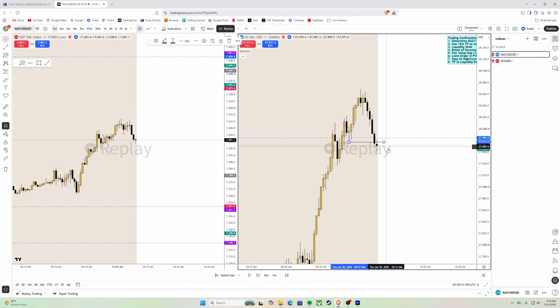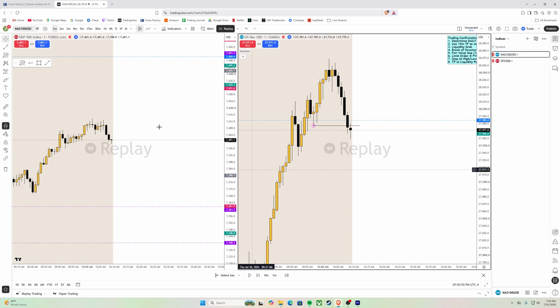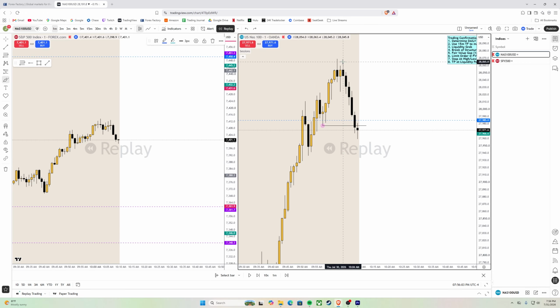Price is what? It breaks structure, right? You see it clear as day. Price went under this low here, but what did I just state? Because this high was formed and it was a bearish candle, but you've seen a bullish candle in between, it ruined the entire momentum of this. So to me, this does not count as displacement. So I'm not, even though, right, you see a fair value gap that got left in a range, right?